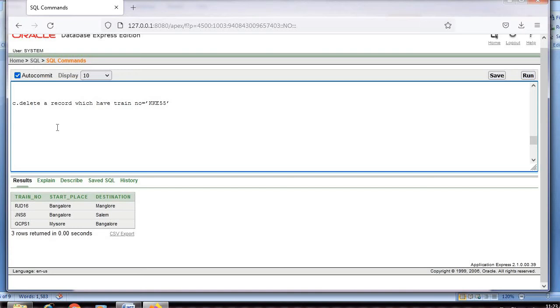They've asked you the next category, to delete a record which has train number KKE55. You just have to delete the record having train number KKE55. For that I'll write the query and then explain you.